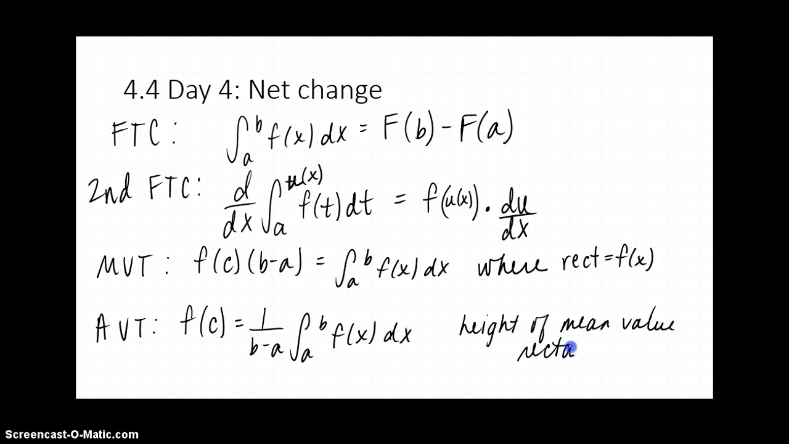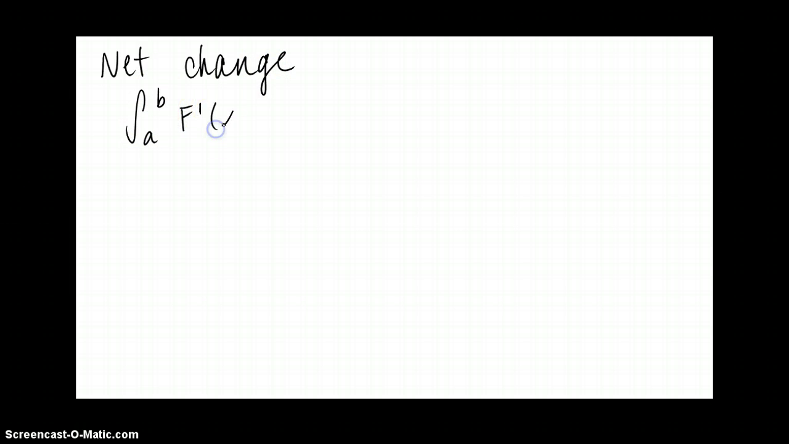So there's a lot of information in this one section alone, and it's information that you will continue to use throughout the rest of the year. All right, so our final day, net change. Okay, so what is net change? If I look at, and this is set up specifically,